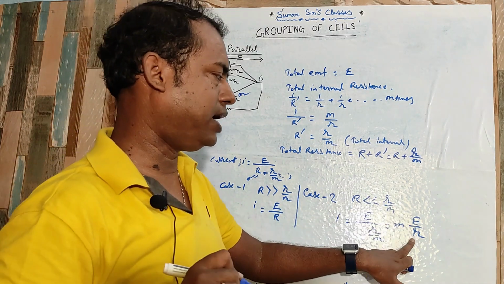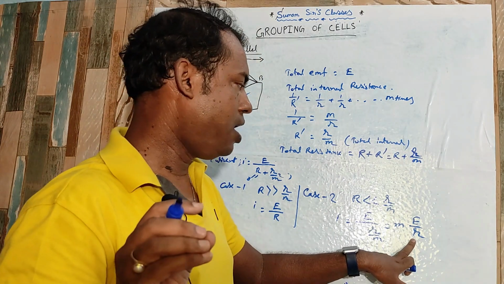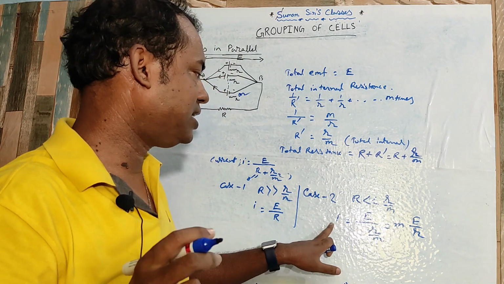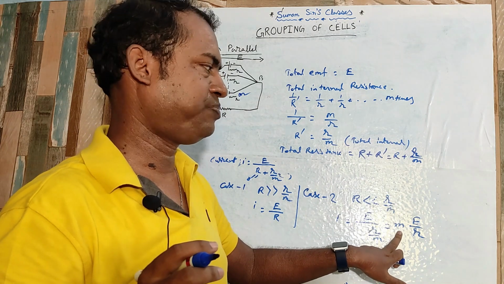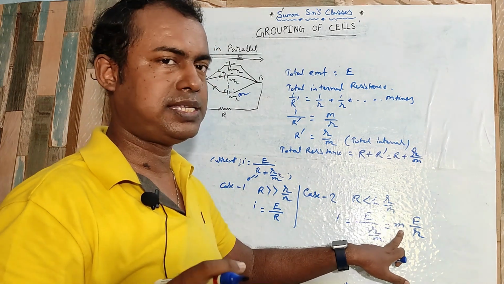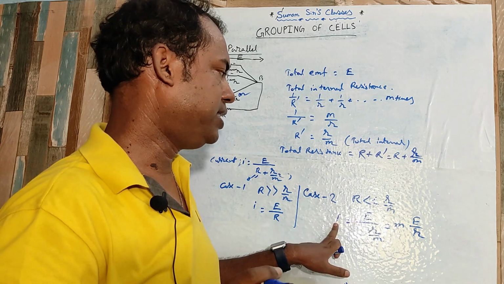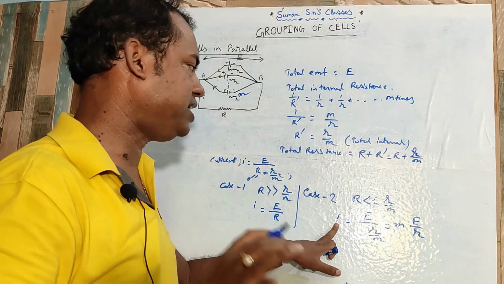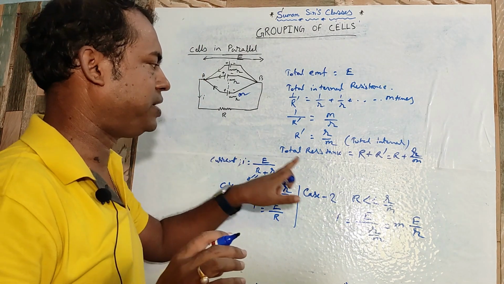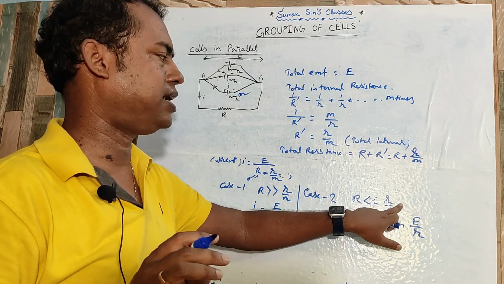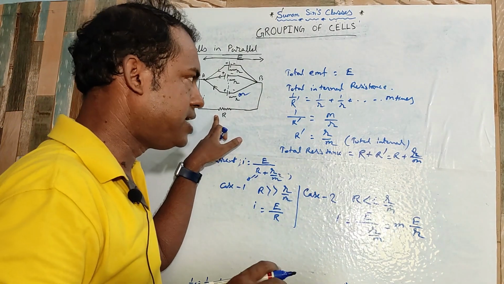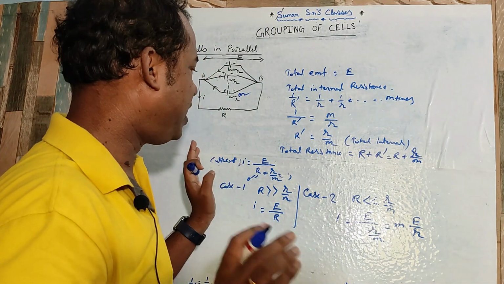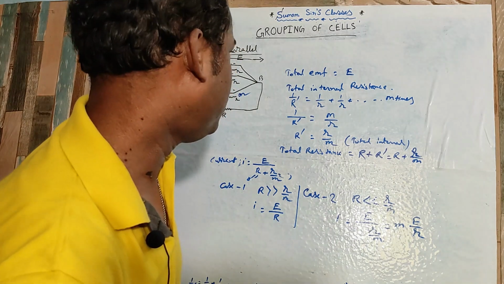So here E by R represents the internal resistance of the first cell, a single cell, and M is the number of cells connected in parallel. So just check it out. I is M times E by R. As M, the number of cells connected in parallel, increases, the current also increases, just like the previous one. But in this case, the opposite of the series: for the parallel, when the external resistance R is less than r by M, that is, when external resistance is less, then the parallel combination is effective. Okay, so we just write here,